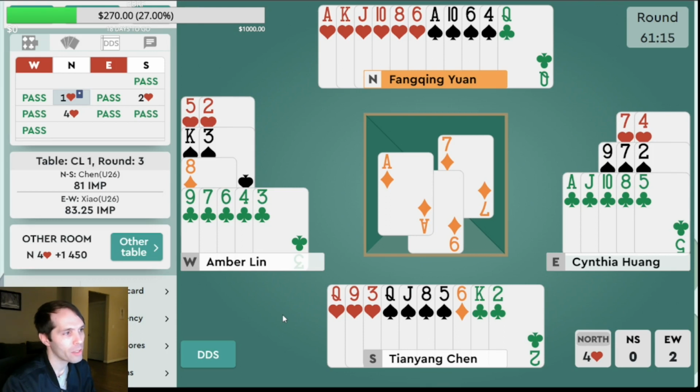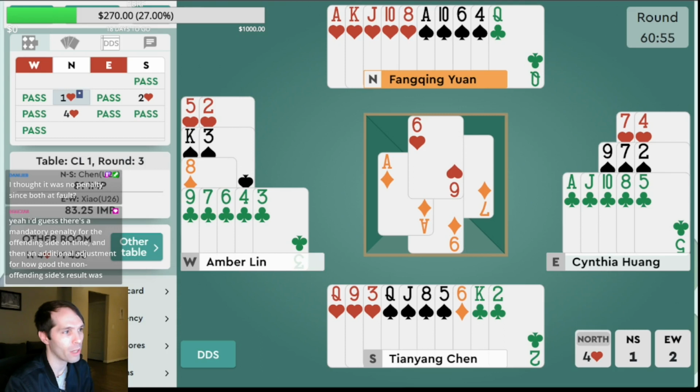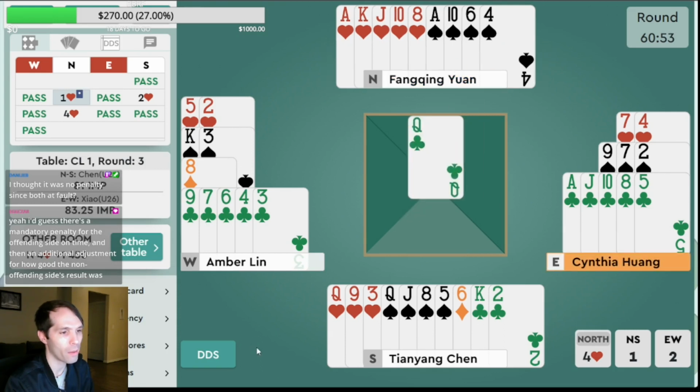Yeah, ACBL-wise, you're not really allowed to treat upgrade into a precision opener. Otherwise, you have to change the announcement on your precision club, which is totally fine. I mean, they could just announce it as 15 plus. You thought it was no penalty since both at fault? I mean, it might be no penalty, but whatever it was, there was a...